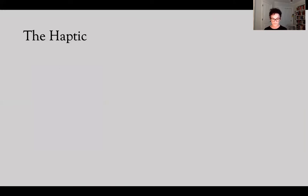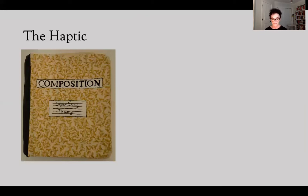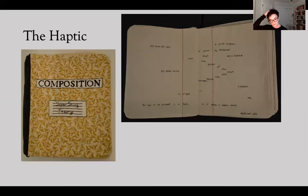Artist books want people to engage with their books, to interact with them and touch them. This haptic quality can be seen in different types of artist books. For example, Superstring Theory, the Theory of Everything, created by Candace Hicks in 2015, is a fabric book made of canvas and thread, all the text and illustrations embroidered onto the cloth. It is a large book measuring 18 inches by 14 inches, which makes holding it as a book a bit of a problem. It mimics the look of a drugstore composition book, except for its size and feel, subverting the